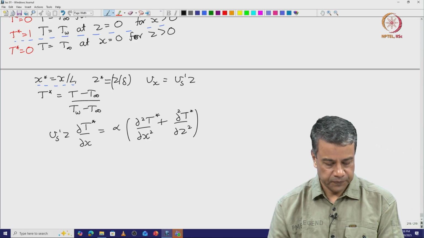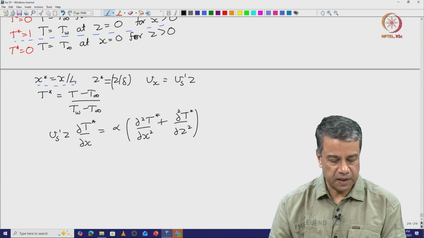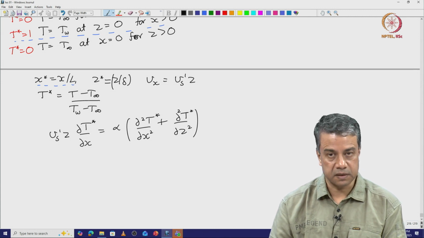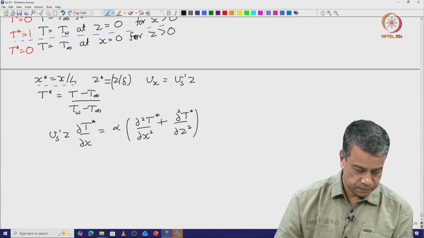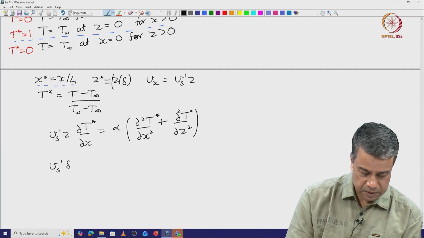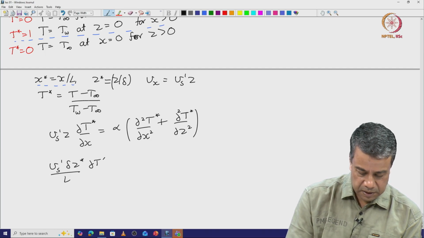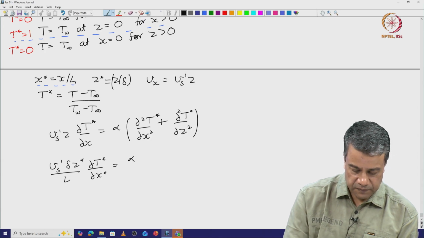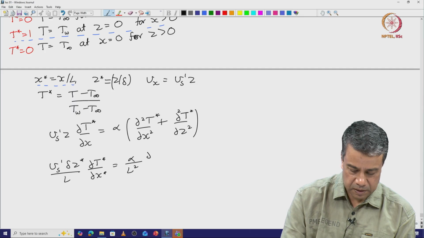Then I define x star equal to x by L and z star equal to z by delta. I will get Vs prime delta z star by L partial T by partial x star is equal to alpha by L square